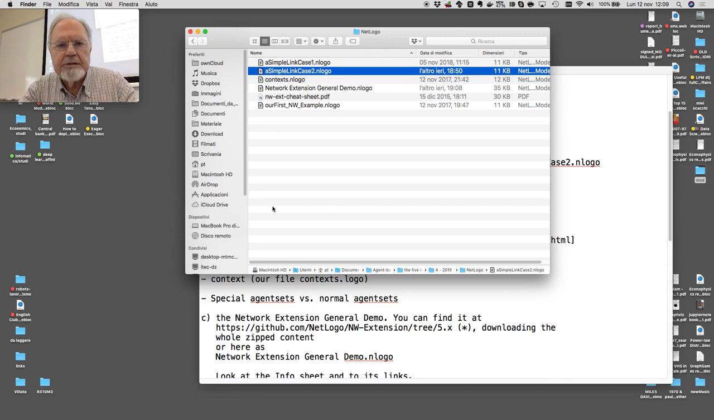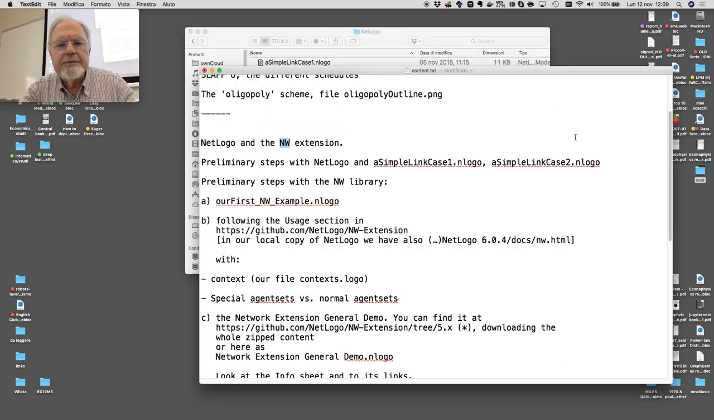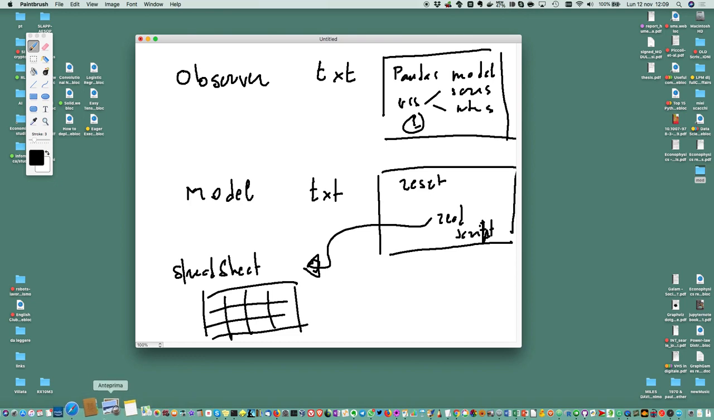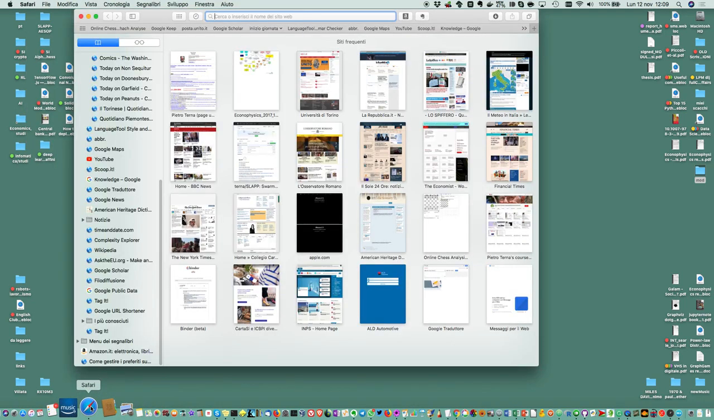This is the second part of the fourth lesson. Now, always in NetLogo, before we move to the more abstract level, we have to remember that the information about the NW extension is reported online at the address I showed you